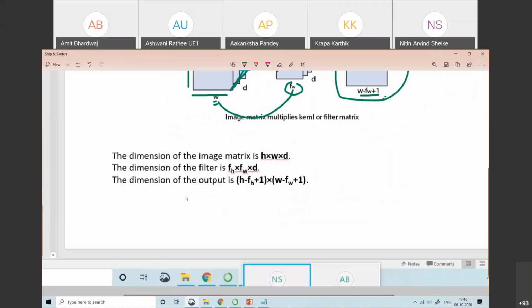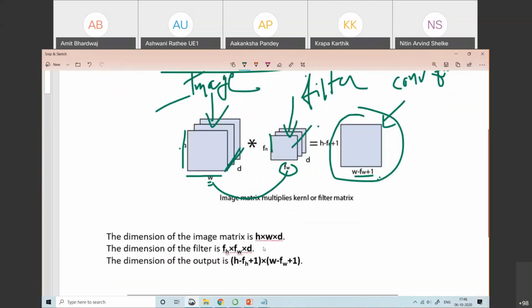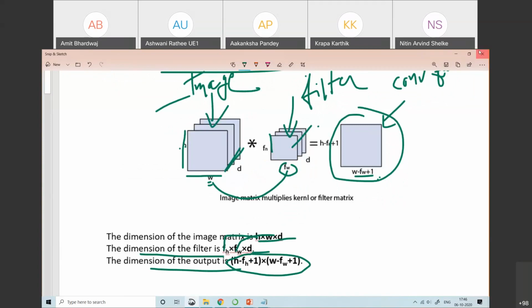The dimension of the image matrix is H cross W cross D, the dimension of the filter is FH cross FW cross D, and the dimension of the output we get is H minus FH plus 1, W minus FW plus 1. So this is the dimension of the output.